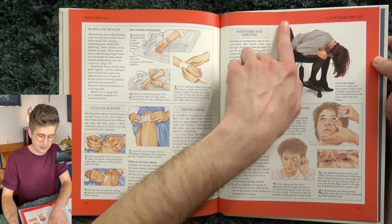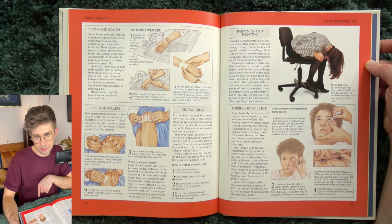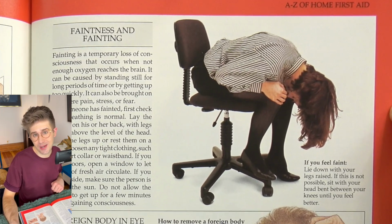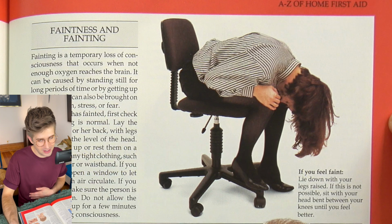Oh, yes. I scanned this and put it on Tumblr many years ago. It did very well. It has always done very well. It's like a very popular image on there, relatively speaking,